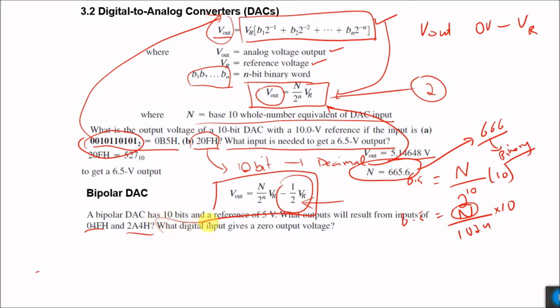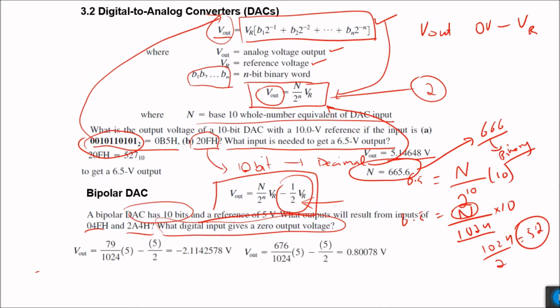What I can tell from this is that a DAC has 10 bits, so 2 raised to power n is 1024. This means that the 0 will be at half of this value, so at 512 it will give a 0 output. So let's see here, n is equal to 512 where the output will be 0, and in the other cases we can just use this simple formula, and we can find out what can be the value of DAC.